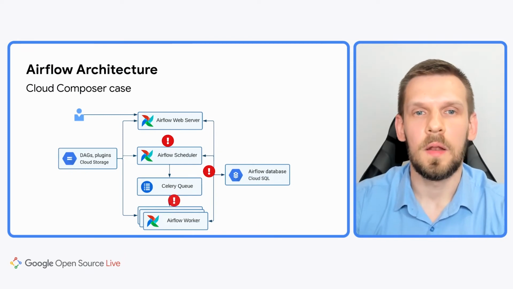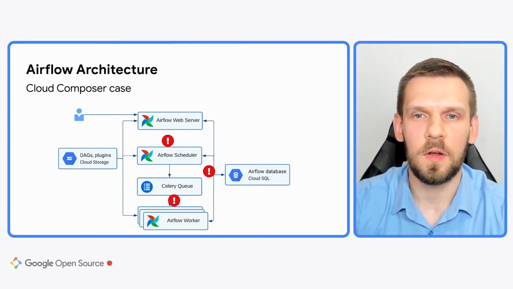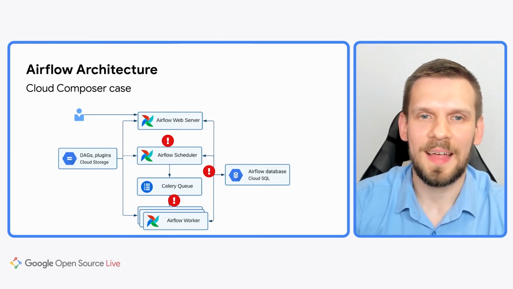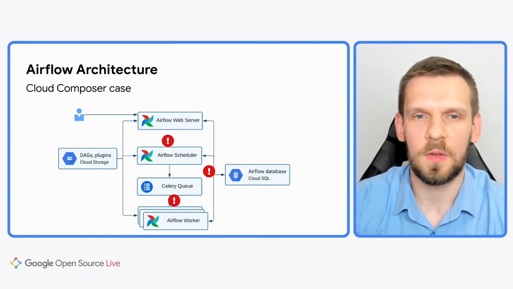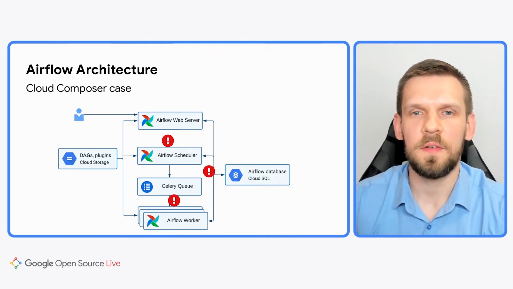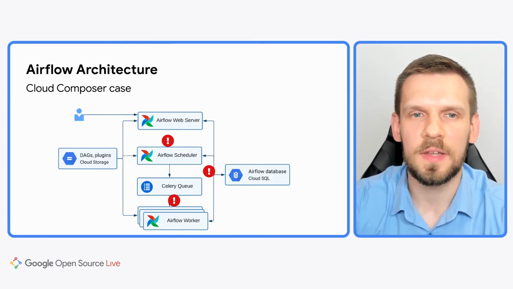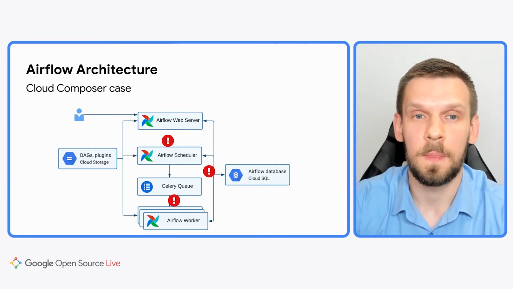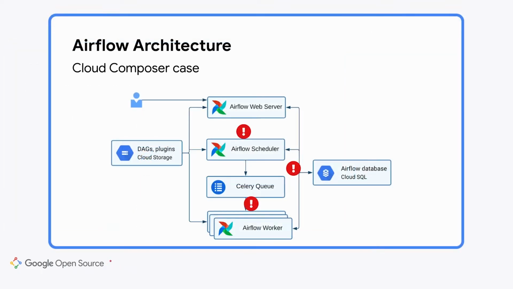Thirdly, a long-running worker with a dedicated number of slots is nice from a performance perspective. Usually there are some free slots ready to pick up the task as soon as it appears in the queue. But it also means there is no isolation between them. Tasks from different DAGs are executed on the same host, without any sandboxing, and they share the same resources. You can imagine problems like one task failing with out of memory, and it crashes all the other tasks that were just unlucky to be scheduled on the same worker.